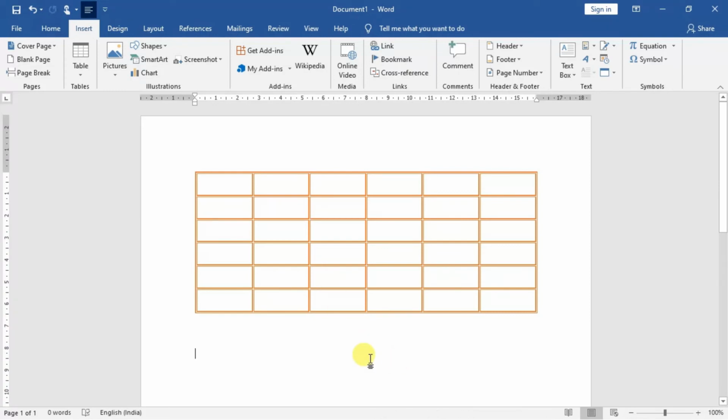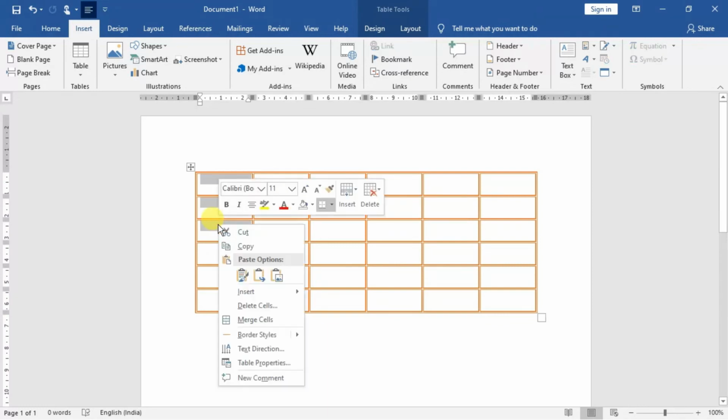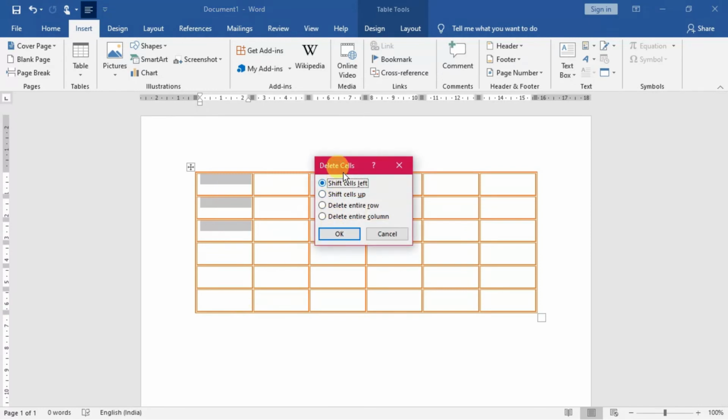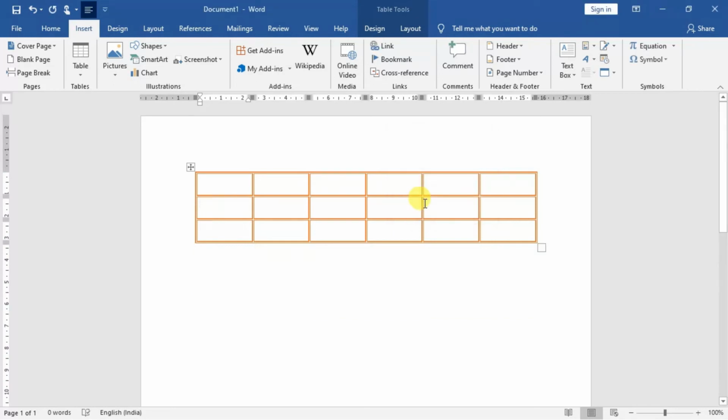Okay, auto formatting could be done also. Now if I want to remove some cells, some rows, what could I do? I can highlight the first cells and right click on it and then delete cells. All right, delete cells means this particular dialog will come now. And then what will happen? You have to delete the entire row, then click on delete entire row and click on OK. So the rows will be deleted.